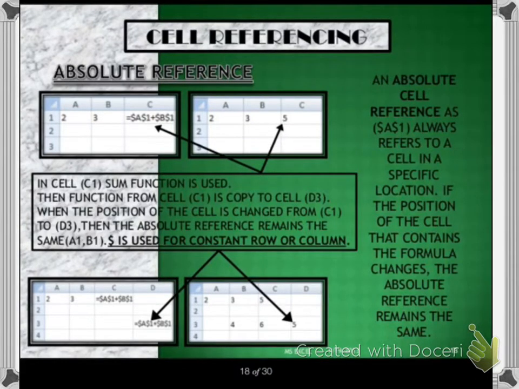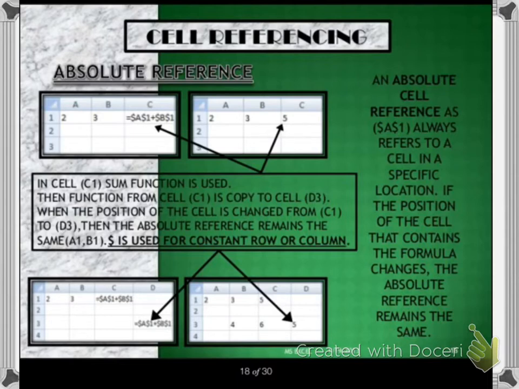Now, absolute reference. An absolute cell reference always refers to a cell in a specific location, like $A$1. So, only the A1 cell, okay. It is more precise because it points to the exact cell address, whereas relative may change from one cell to another.